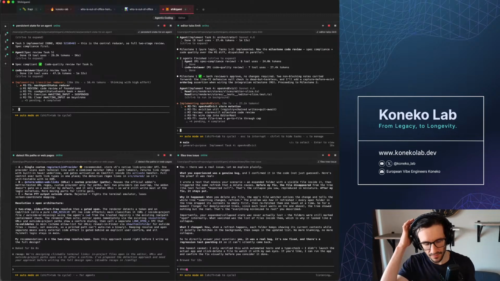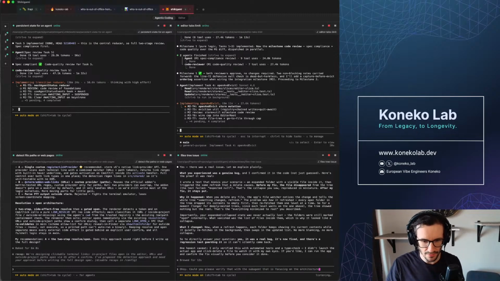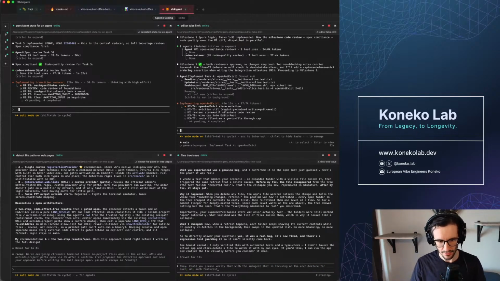Okay, could you please verify that with a sub-agent that is focusing on the architecture for such features?